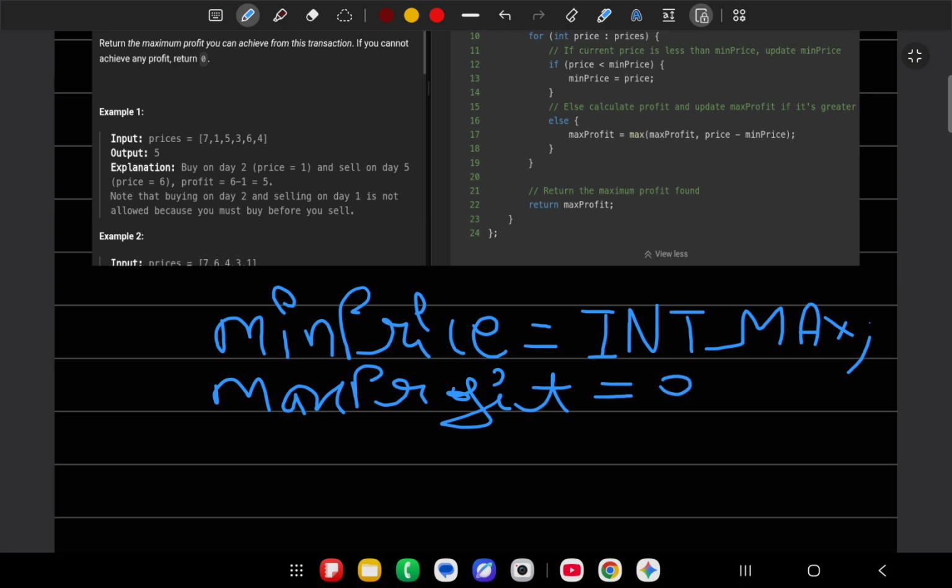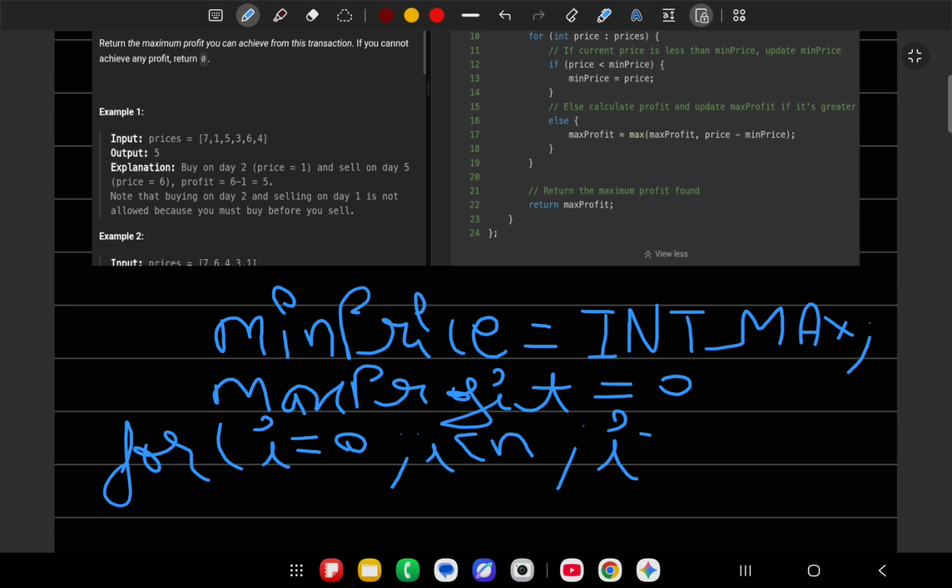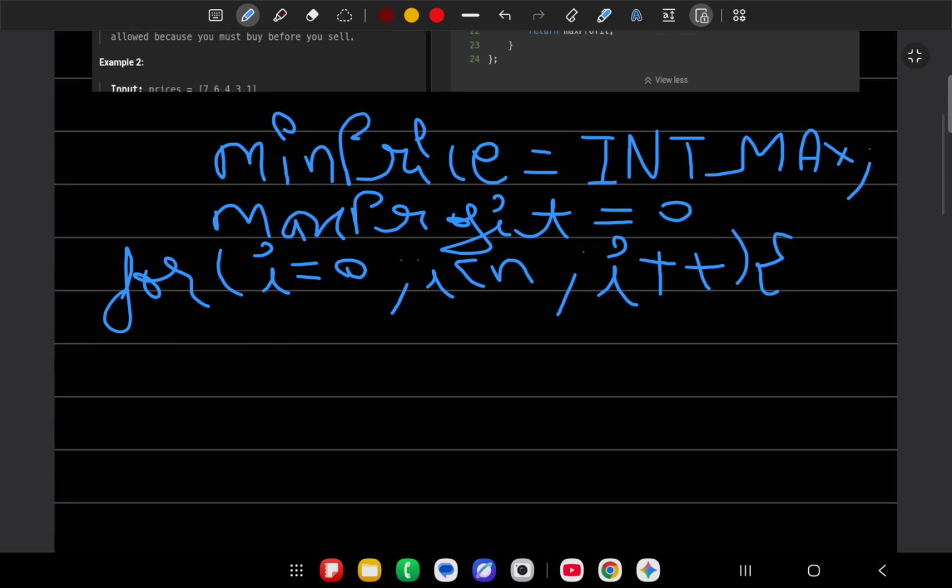Keep iterating on the array: for i = 0, i less than n, where n is the size of the array, and i plus plus. We check if array of i is smaller than the min price.